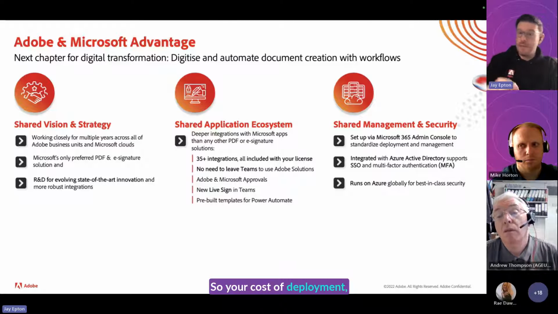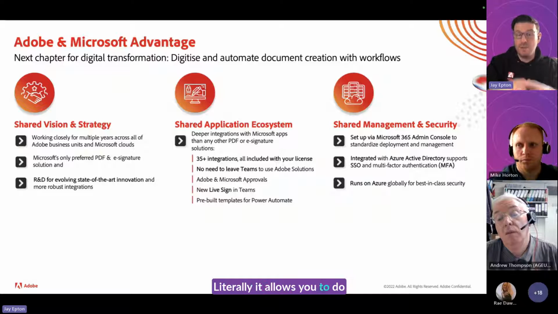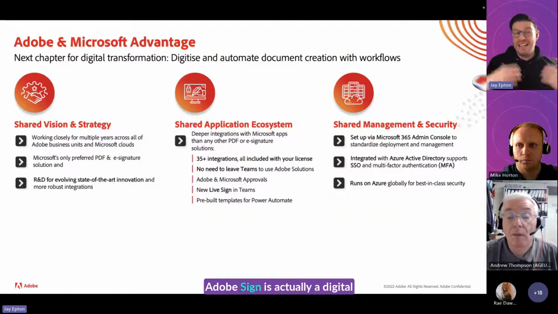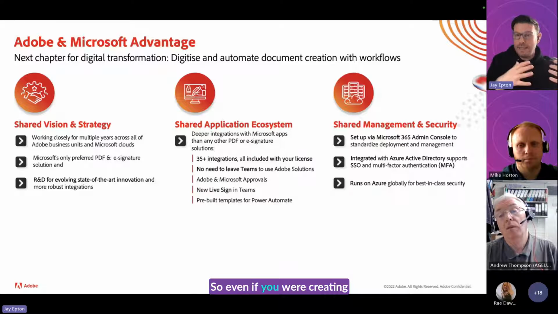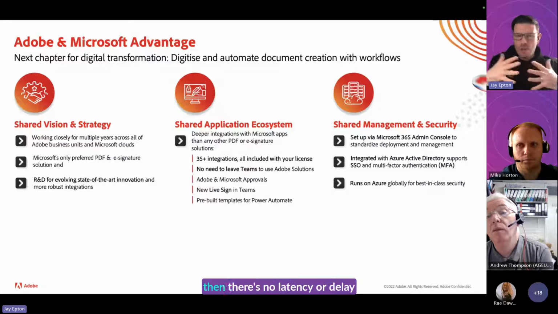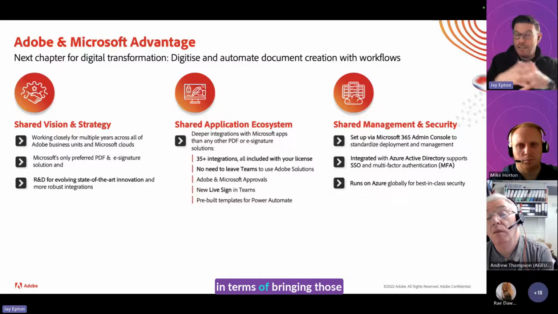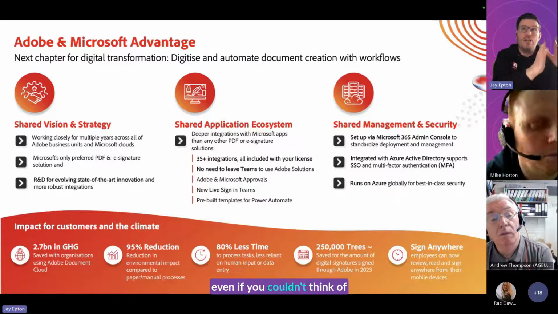So your cost of deployment, your cost of management is next to zero. Literally, it allows you to do that. And also, for example, Adobe Sign is actually a digital signature software as a service application, and we deliver that on Microsoft Azure. So even if you were creating your own applications on Power Apps, for example, on Azure, then there's no latency or delay in terms of bringing those applications together.